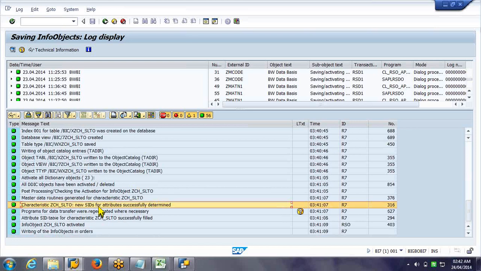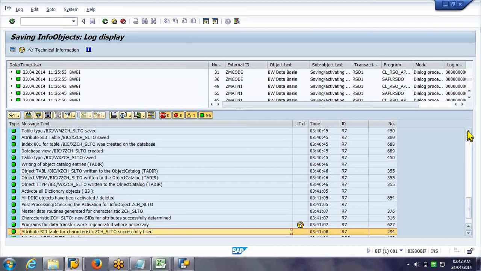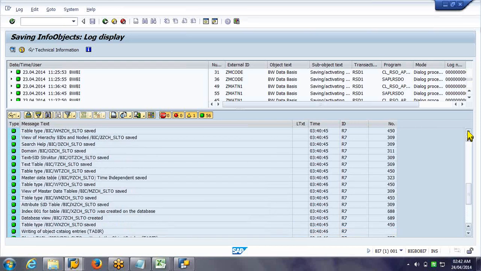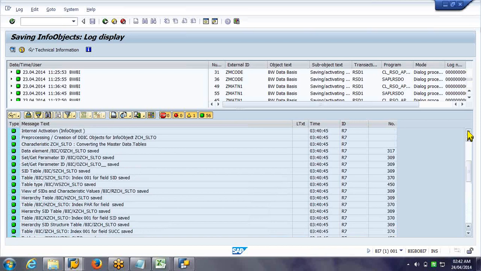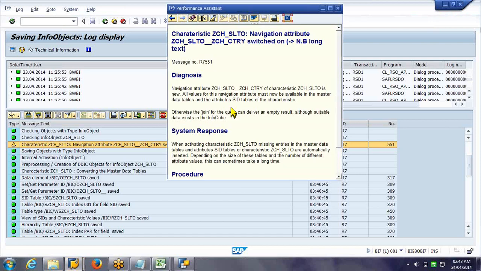Read this one. New SIDs for attributes successfully determined. Attribute SID table filled successfully. Also, check the same message again. Just read this one.